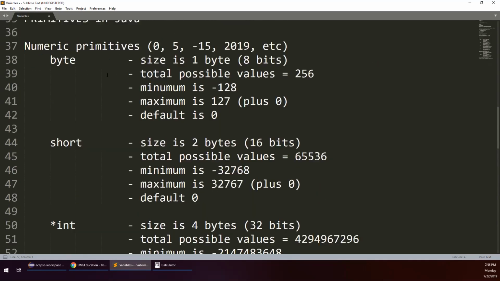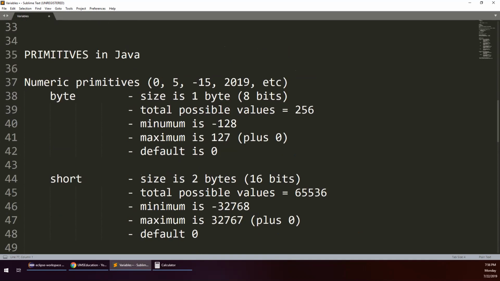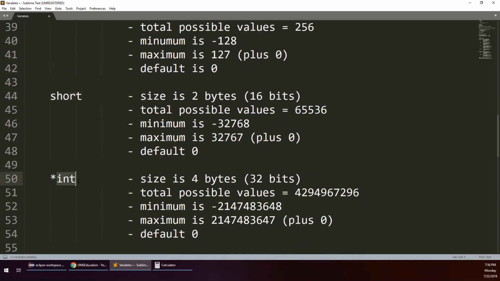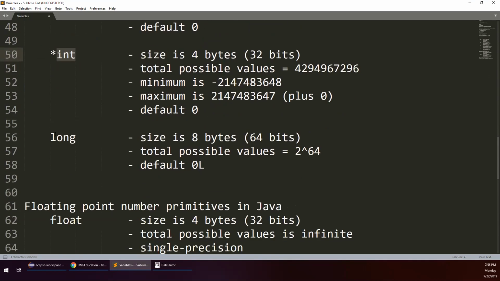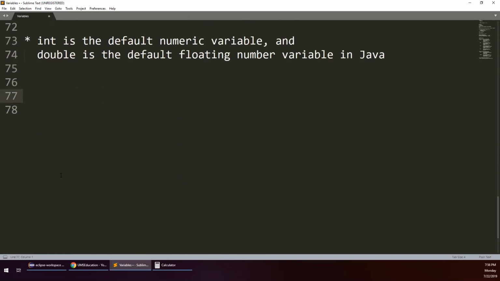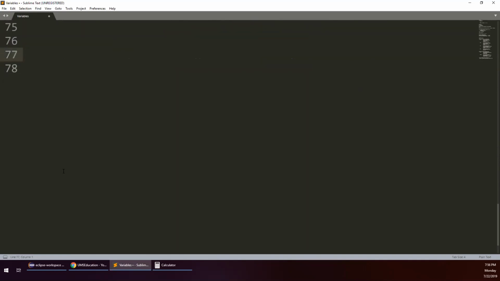So we said in the beginning that there are 8 types of primitives in Java. We saw that 4 belong to numeric variables: byte, short, int, and long. We saw that 2 more belong to numeric but floating point numeric variables, right? Now we're left with 2 more. What might these 2 more be? Now let's do this. Non-numeric